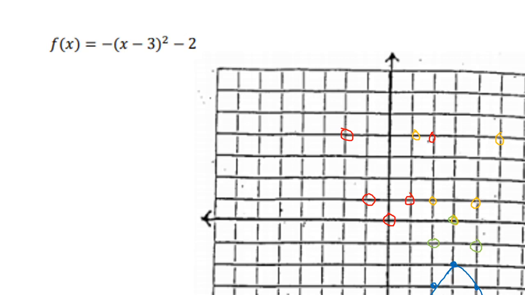Alright, so today we're going to do some more transformations, but this time I'm going to add in stretching and shrinking. But first, I'm going to go through the answers to the previous homework just so you can check them real quick. I'm going to go through them kind of quickly, so feel free to pause and look at them